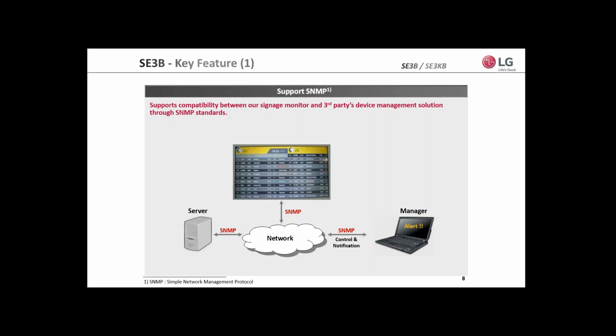Oh, very good. So with the SE3B monitor, you actually cannot use HTML5 to create the content. You would have to stay within the SuperSign-like software, and that is not HTML5 compatible. However, I will share that we do have a product line that is available, and that is in our